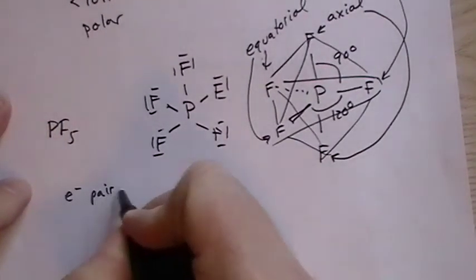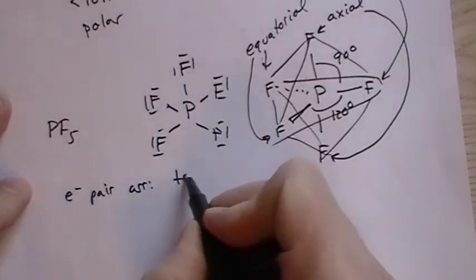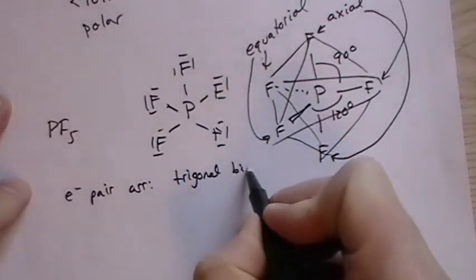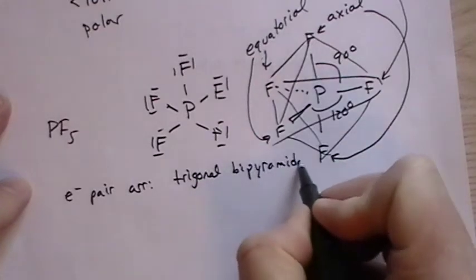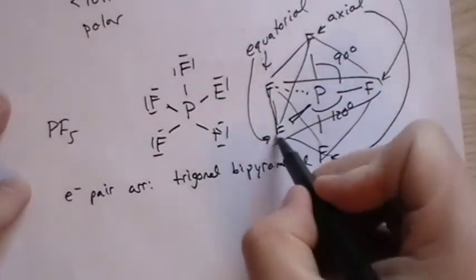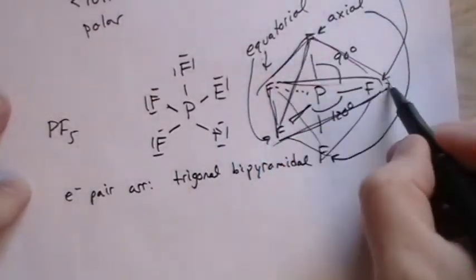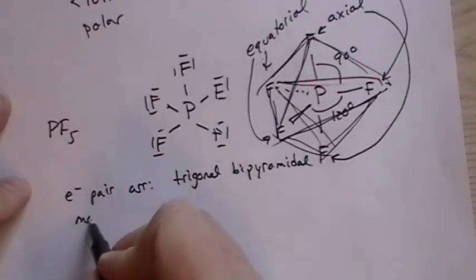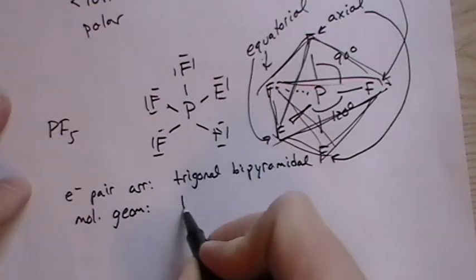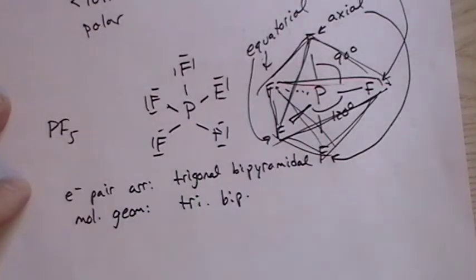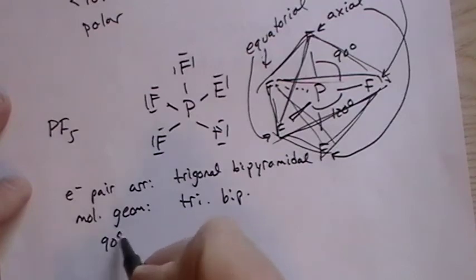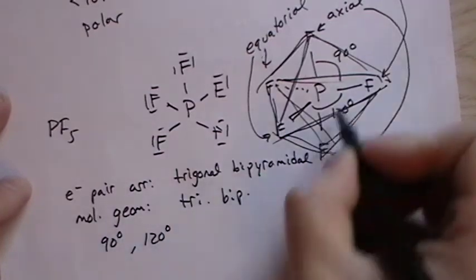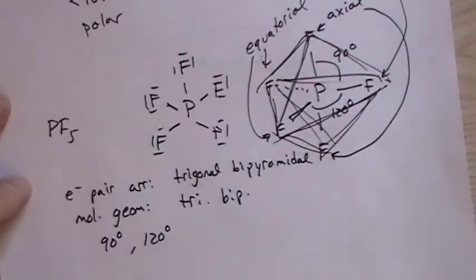The electron pair arrangement is what we call trigonal bipyramidal, because there is a trigonal base, and you can see that here's one pyramid, and then there's one below. If we connect all the atoms with lines, we can see it's like 2 trigonal-based pyramids stuck together. The molecular geometry, or the shape, is going to be the same thing, so we'll just call it trigonal bipyramidal. The bond angles are 90 and 120 degrees exactly, because there's no lone pair crushing down